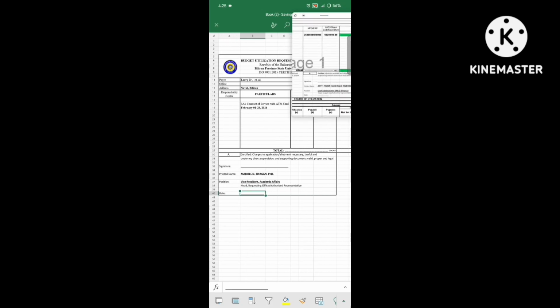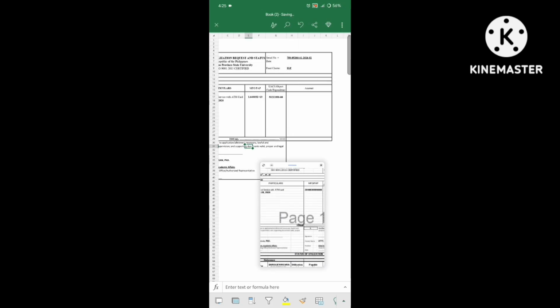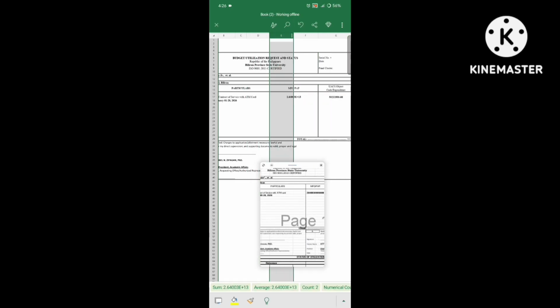I adjust the spacing so that it won't change when it transfers to the laptop, because I'm only using a phone.